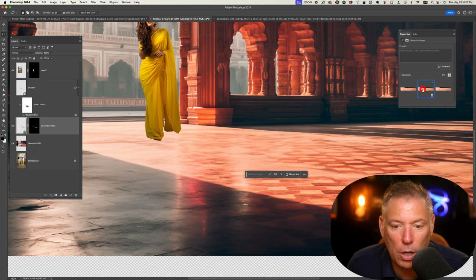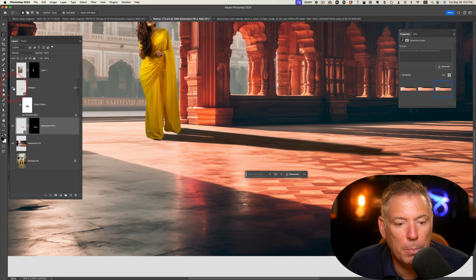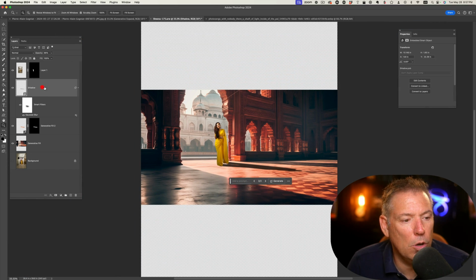Okay, so no more shadow. I love what Generate Fill is doing. It's pretty good. Boom, I'm putting back the shadow. And you see it's sharp and it gets, let's look at it from far. It's pretty good. It's too strong. I want